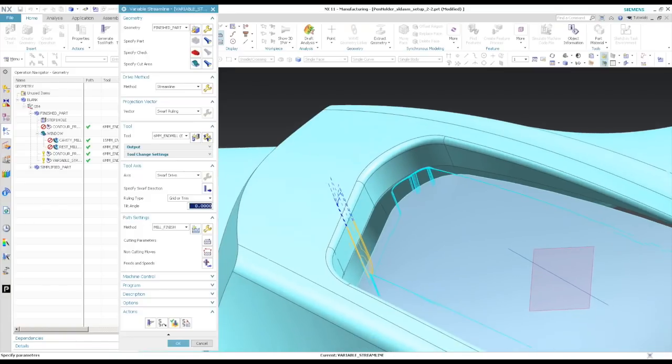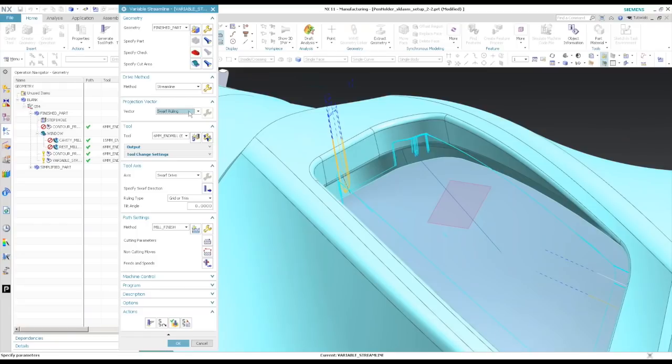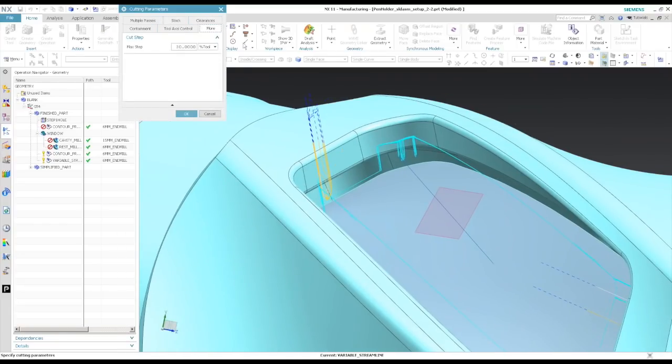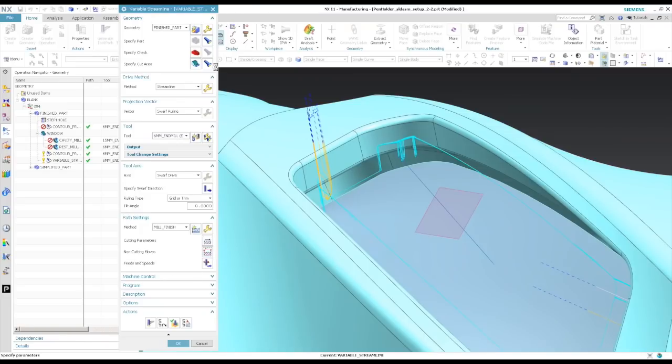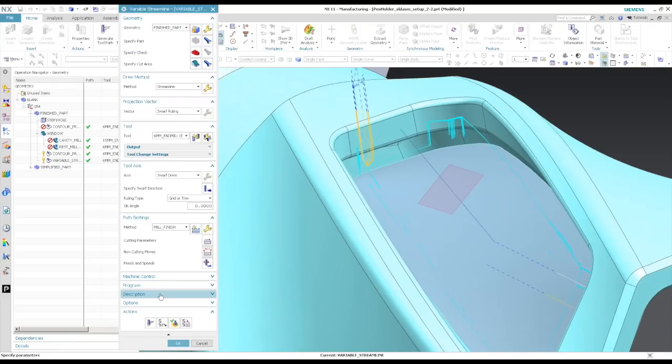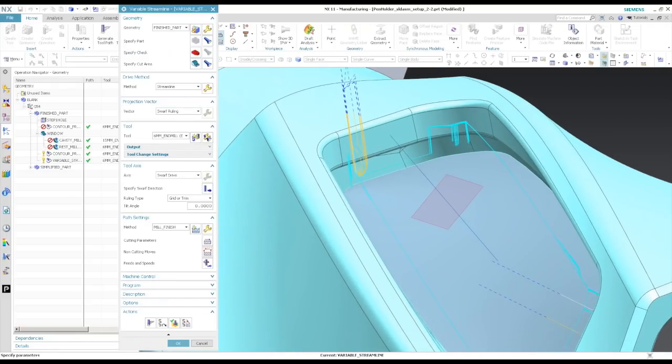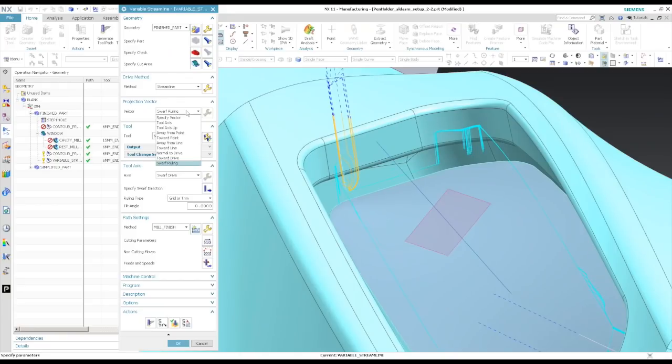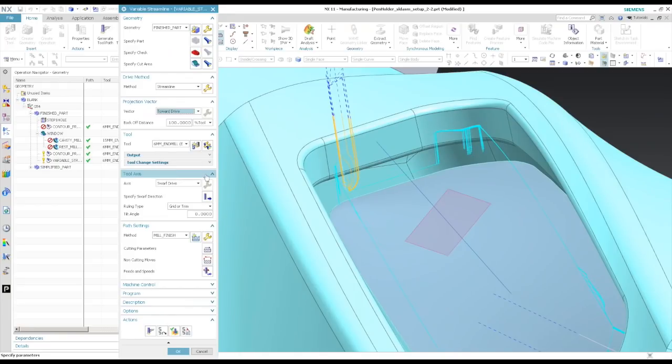All right, so you can see the quality of the faces definitely has an effect. Whenever you're trying different methods, what I would suggest to get quicker toolpath creation times is to turn off your collision, so you'll get your toolpath quicker. You'll see your results a lot faster, and after that you can turn them back on if you have any issues. Normally with this type of machining, I don't see a lot of collisions,